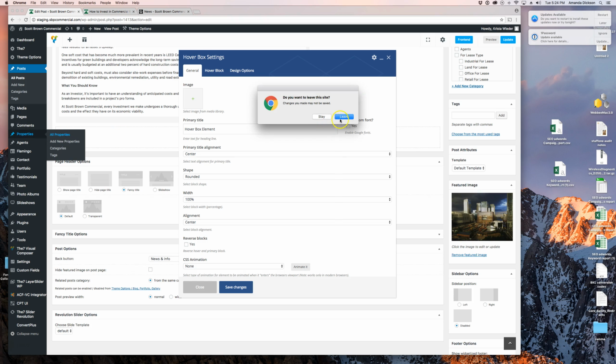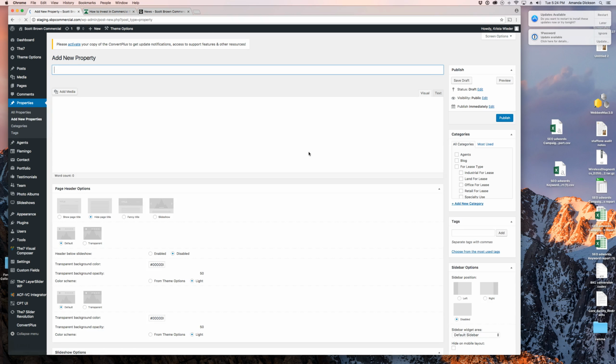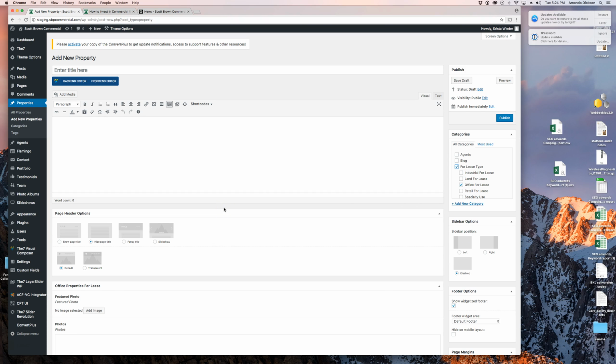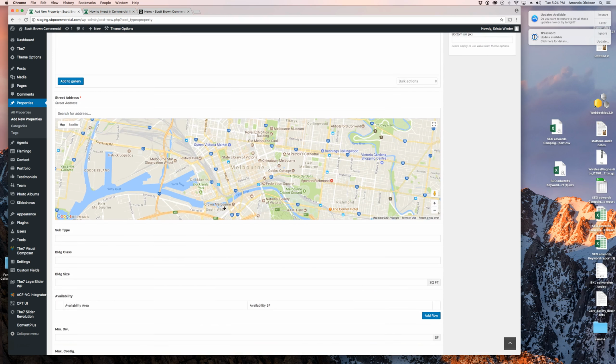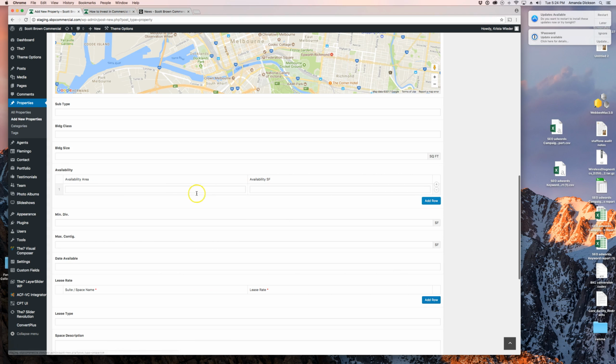I'm going to show you something that I think is important. It's the last thing. So if you're adding a property that's like an office for lease, this little availability area and lease rate, you have to add a row. So on the left, you would put something like Suite 100, and then you would put the